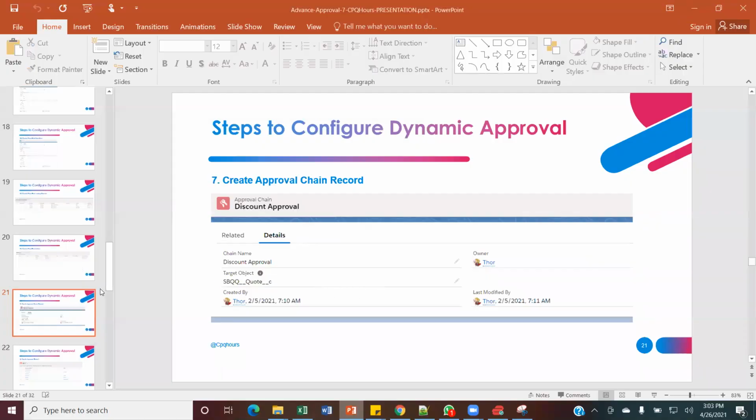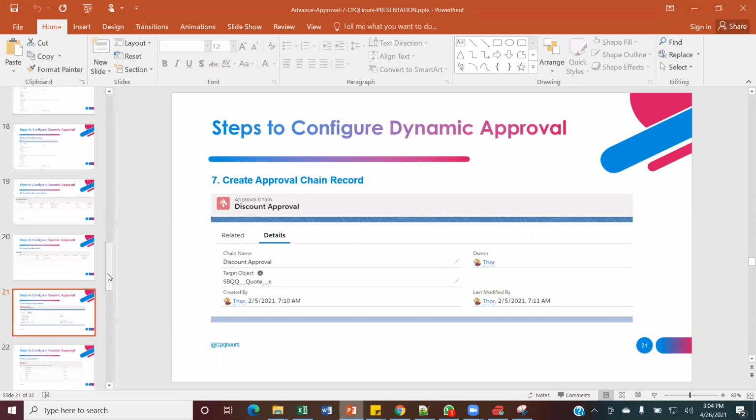Let me just recap here again. What I did so far: I have created fields on line item. I have created a field on quote. I have added those fields to a field set in the line editor. I have created a CPQ lookup object. I have created records and rows in my CPQ approval lookup object. I have created a price rule and price conditions to look at those CPQ approval lookup queries and update those line items with the help of the price rule. So till now, we have covered this exercise. Now let's move to the next exercise.